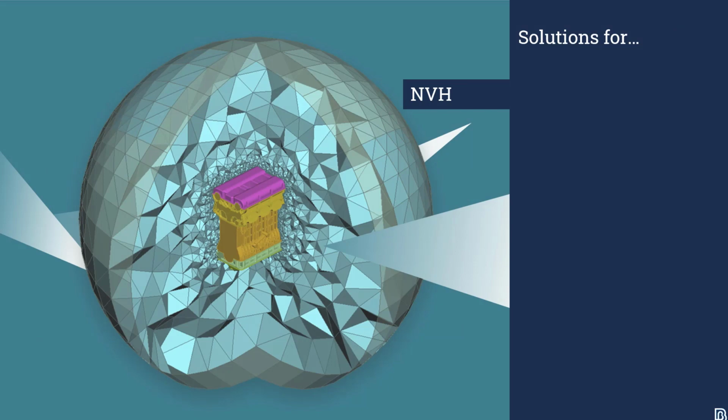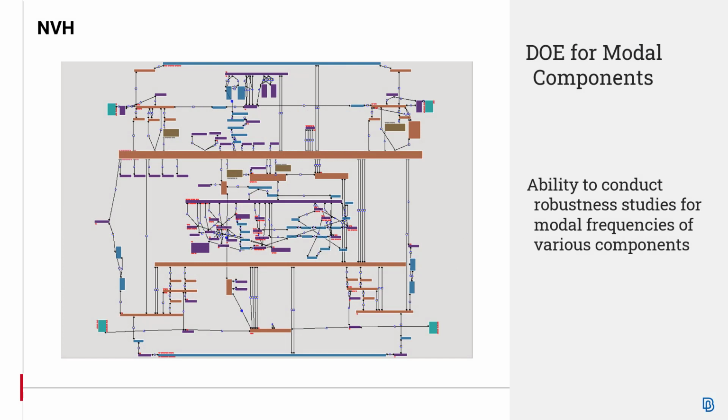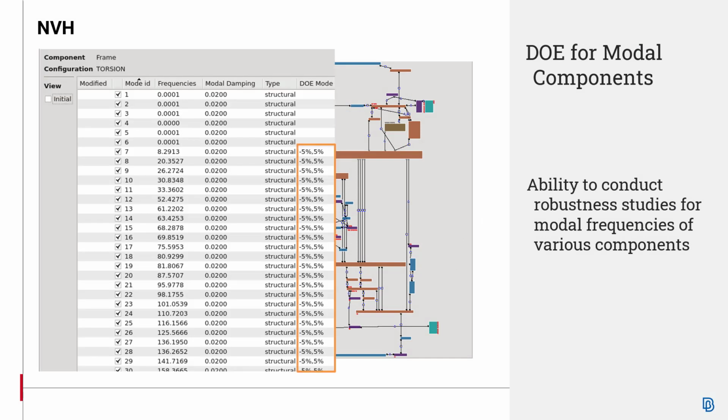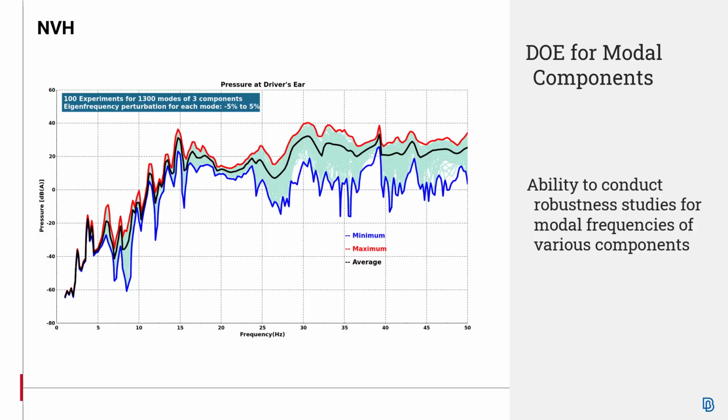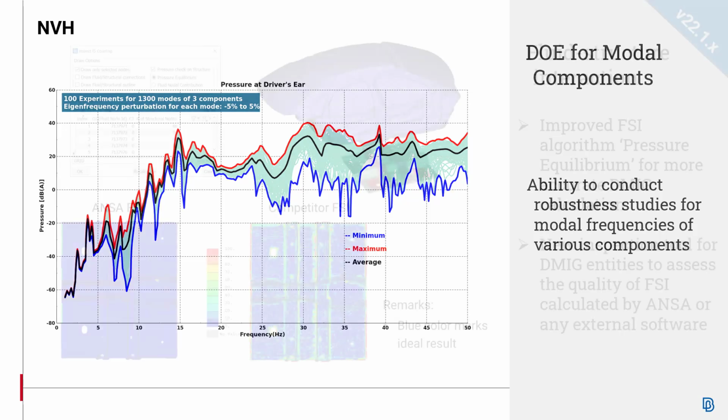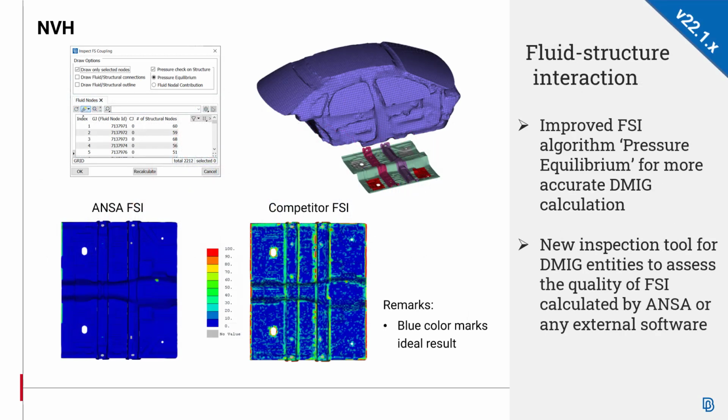Proceeding with enhancements regarding the NVH discipline. In the NVH console, a new DOE study can now be performed on eigenvalues. The experiments are created based on different eigenvalues per component, providing the ability to conduct robustness studies for modal frequencies of various components. When calculating the fluid structure interaction, a new pressure equilibrium FSI algorithm has been introduced in version